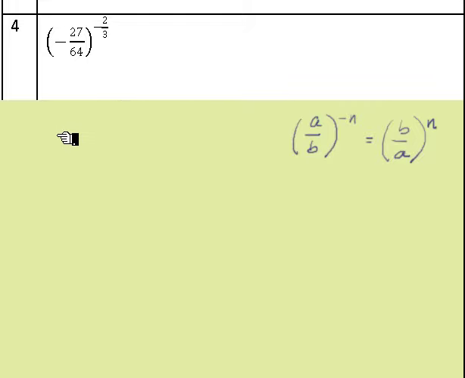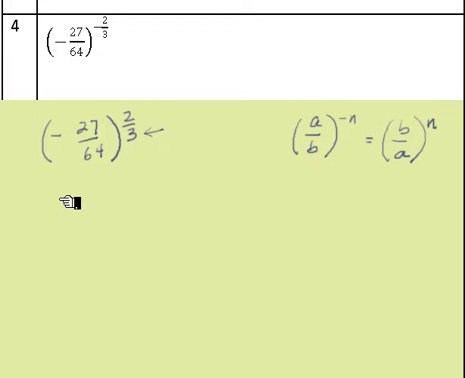We'll apply that here. We'll take the reciprocal, and change minus 2/3 to positive 2/3. Now we're going to do the cube root,